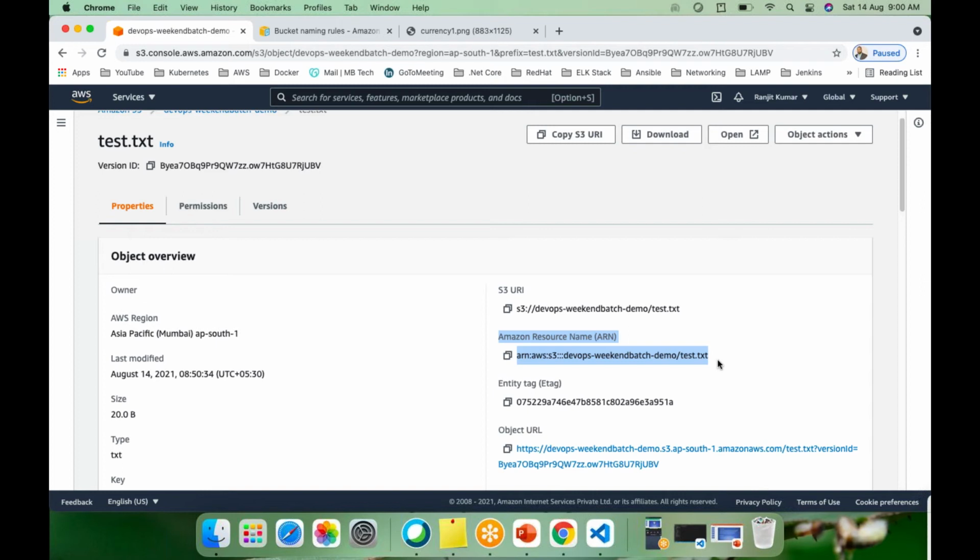Or if they want to access the file the programmatic way, in the sense that they are writing code, and using some kind of shell scripting to download or upload the file, you can use the S3 URI. If you give this link in your programming code, that is the programmatic way of accessing the object.